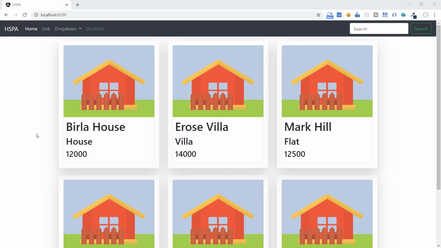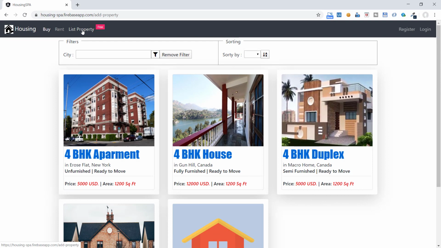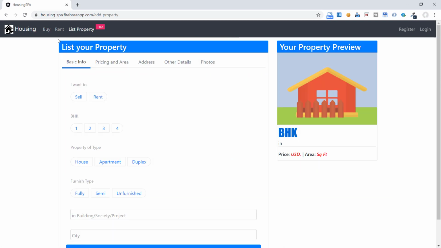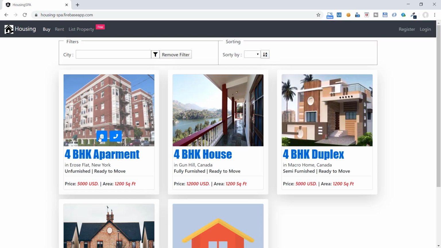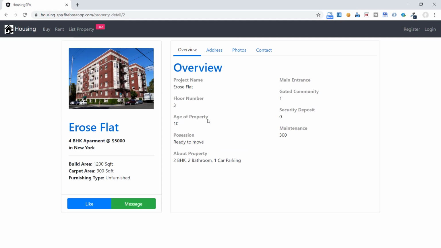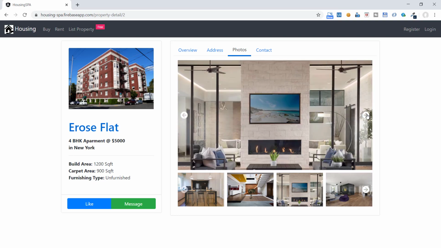So until now we have configured only the home page of our application, and now it is time to add further navigation. We need to add more components. For example, we need to add a form to add a new listing, and also we would like to add the detailed view of this property, which can display information like how many rooms are available in this house, and different photographs related to any property.